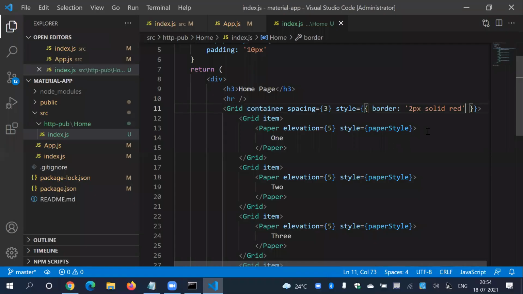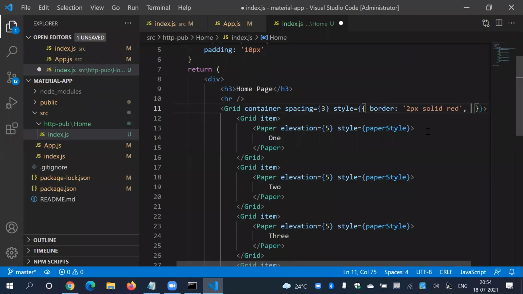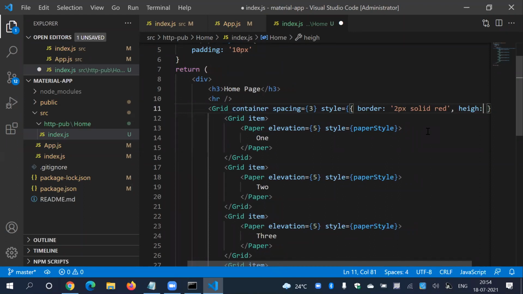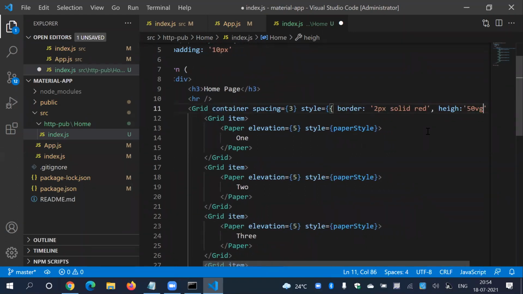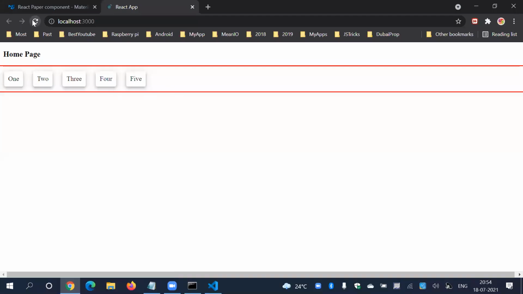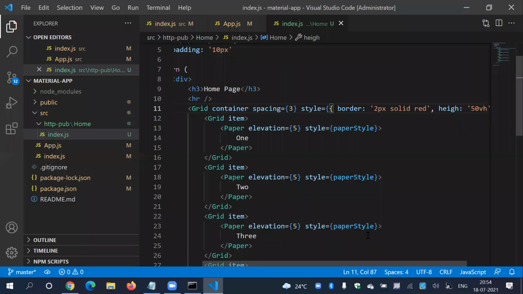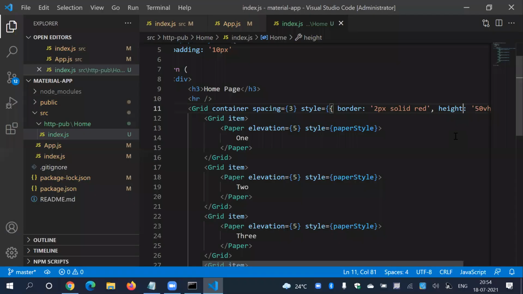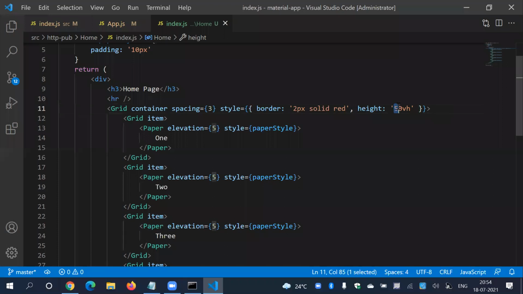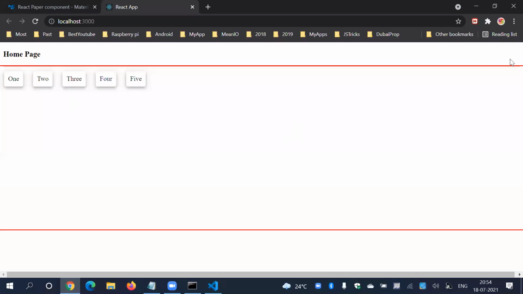Just add some height over there. So I'm going to say here height is equal to 50 VH, viewing height 50% in short. So it is like this. What happened? Okay, T is missing as usual. So here it is in a 50 VH. Let me remove this part from here. Yeah, here it is perfect. Instead of 50, let's say 70. Here it is in 70, right?